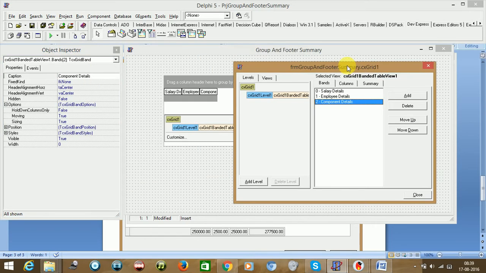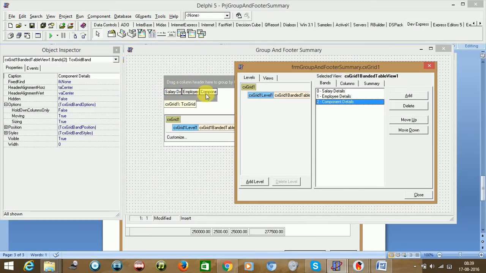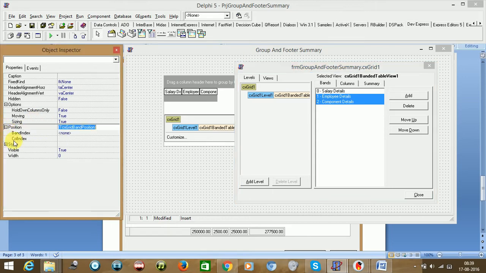Now if you see here, all the three bands are created, but they are in the same row. What we need to do is put these two bands under the salary band. So select these two bands, and then in the position part you can click here, the band index. You could select salary detail. Now you see here,